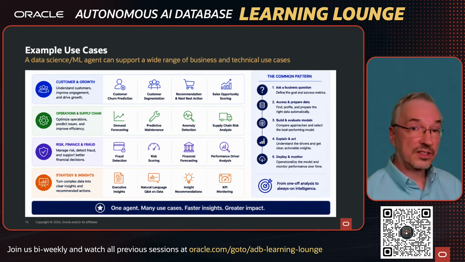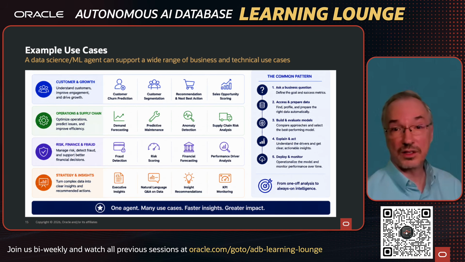Now, in operations and supply chain, common examples include demand forecasting, predictive maintenance, and anomaly detection. These use cases are focused on improving efficiency, identifying issues earlier, and reducing operational disruption. Now, in risk, finance, and fraud, there's fraud detection, of course, risk scoring, financial forecasting, and performance driver analysis. Now, such analysis can be especially useful because it helps teams understand which factors are most associated with business or